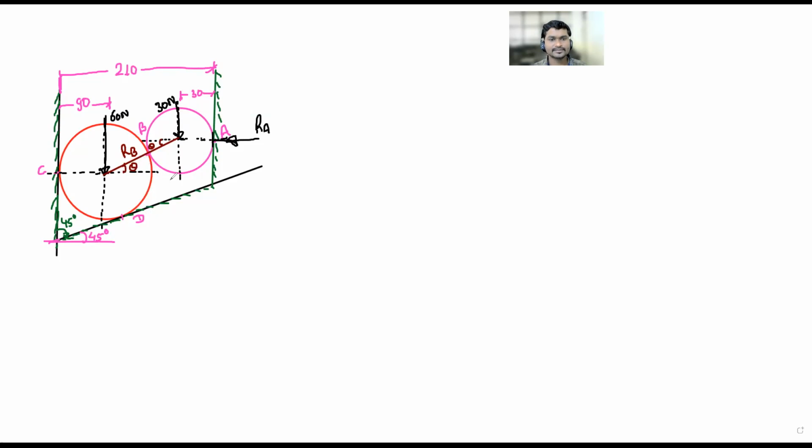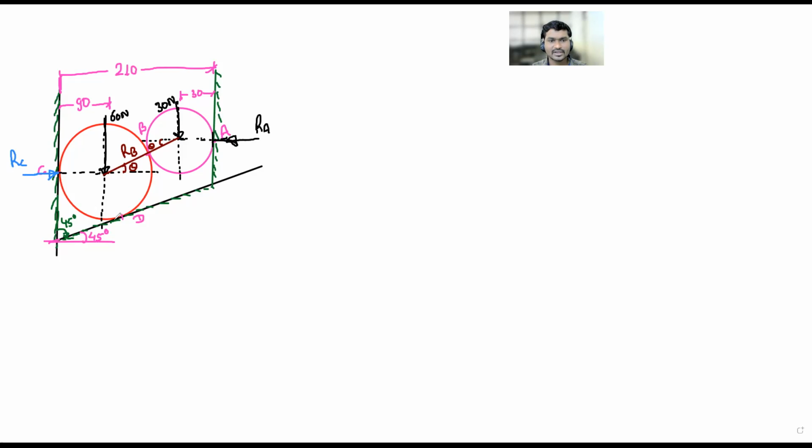At which point? Point C, RC, at C and at D. So RC and RD we have to go for. At C the reaction will be horizontal or vertical? Horizontal. Directing towards the right or left? Right side, directing towards the right-hand side. So this will be RC. And at D,